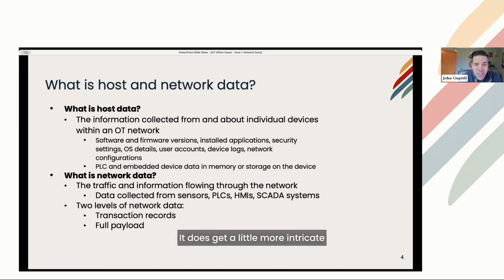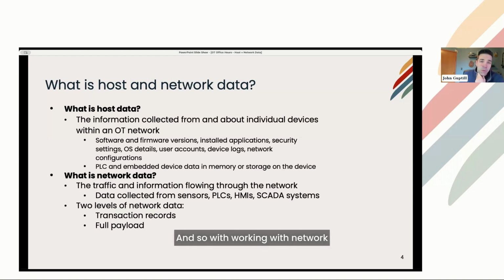Within network data, it does get a little more intricate, where you want the transaction records, because your PLCs, if they're set into their regular operating mode or running mode, are just going to be talking what's needed. They're not going to be sending across information about the assets. They're not going to send out their firmware information while in their normal run mode.